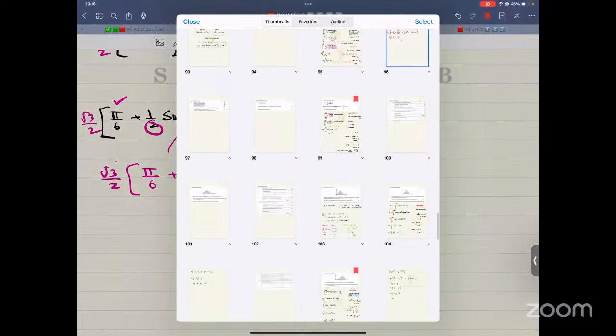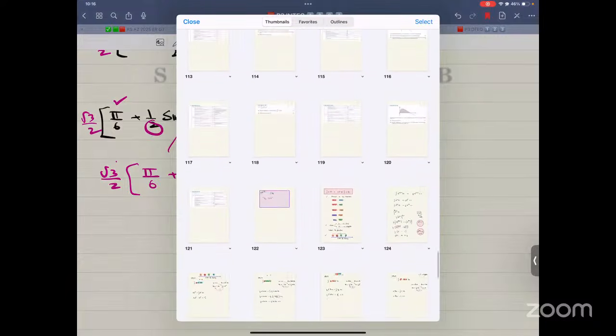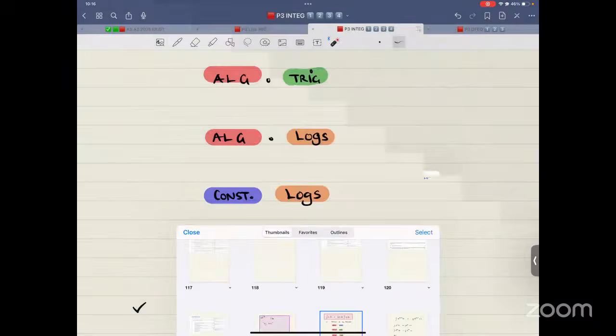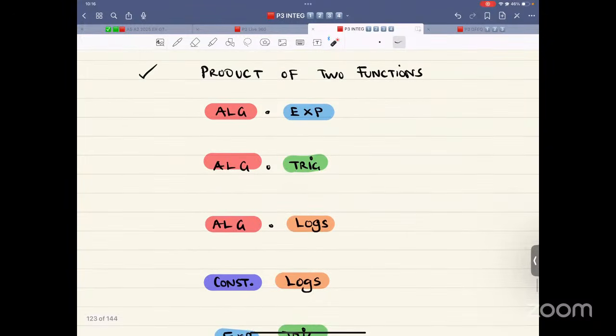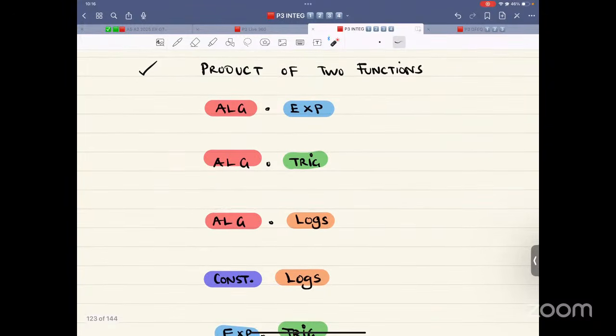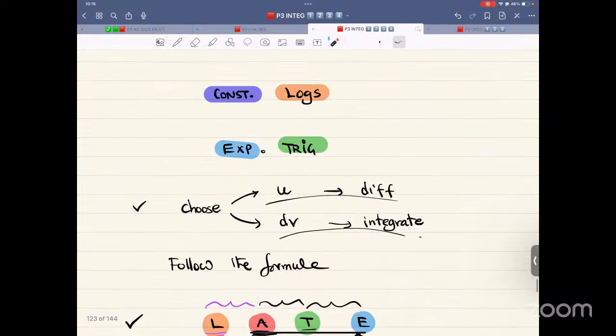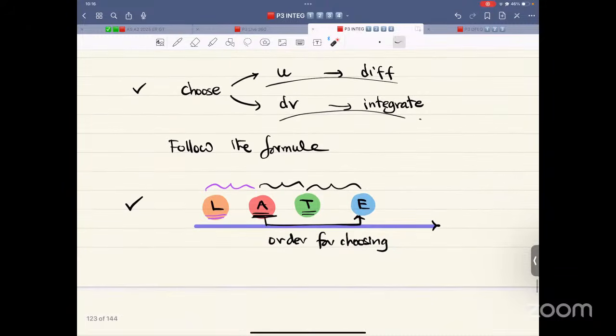Now let's talk about integration by parts, with some examples. That is over here. It is a product of two functions. There is algebra and exponential. It could be algebra and trig. It could be algebra and logs. It could be the constant 1 and logs, actually logs all alone. And it could be exponential and trig. The rule is